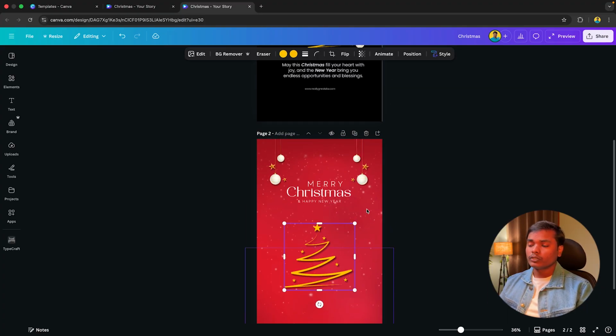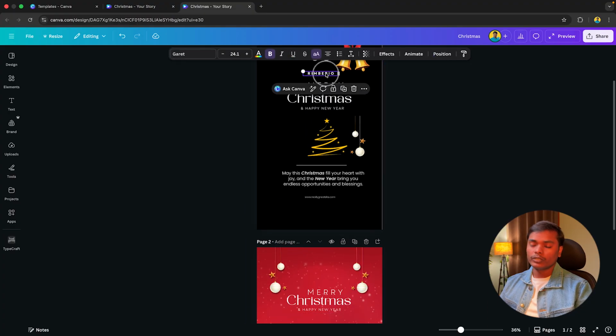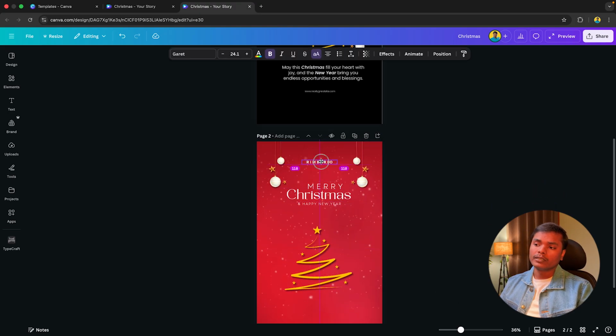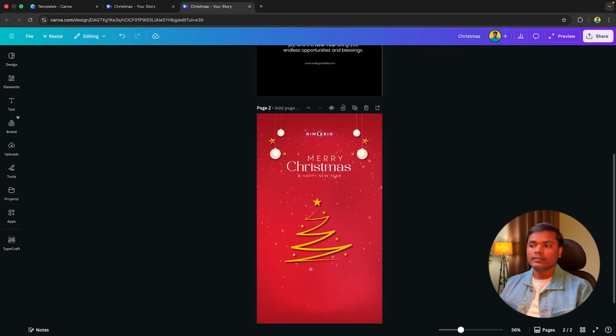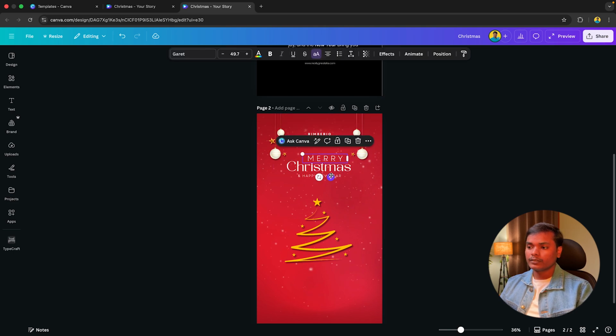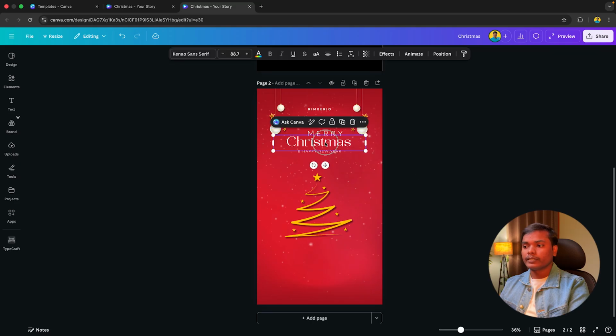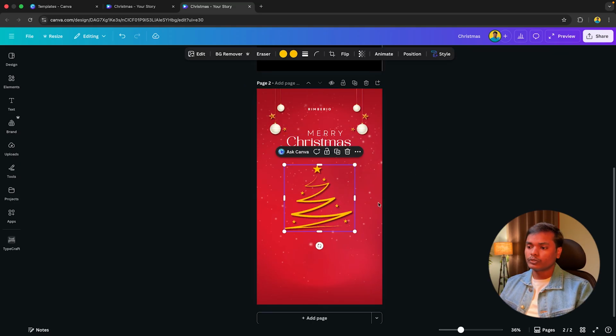And one more thing, we are going to add a logo here. I will just drag it. Remember, if you have any other logo, you can just place it at the top of the design in the middle. You can see just like this. You can just decrease the size also. Let's change the placing of these text a little bit and make a little gap in it. Now it is okay. Let's change this position also.